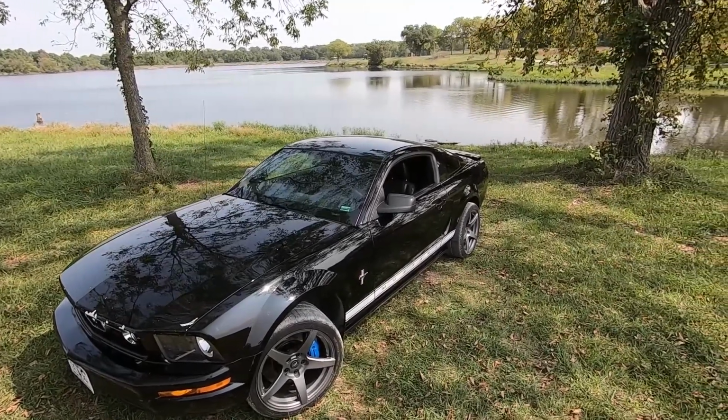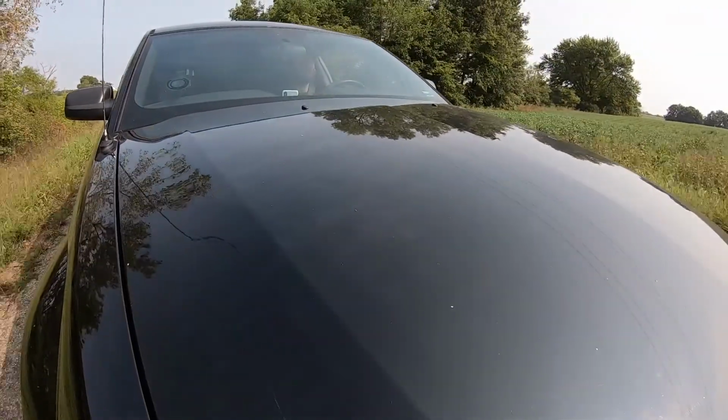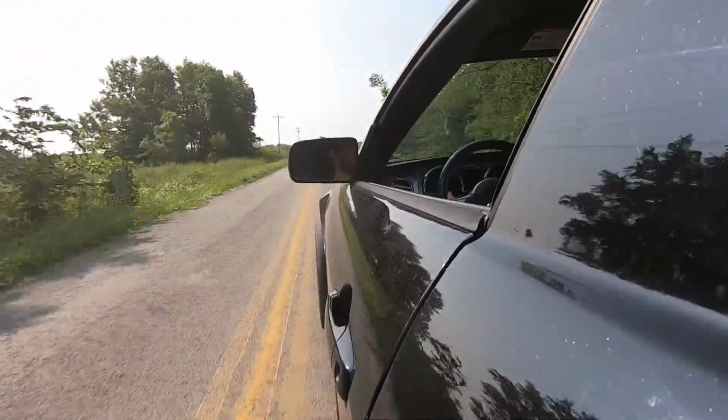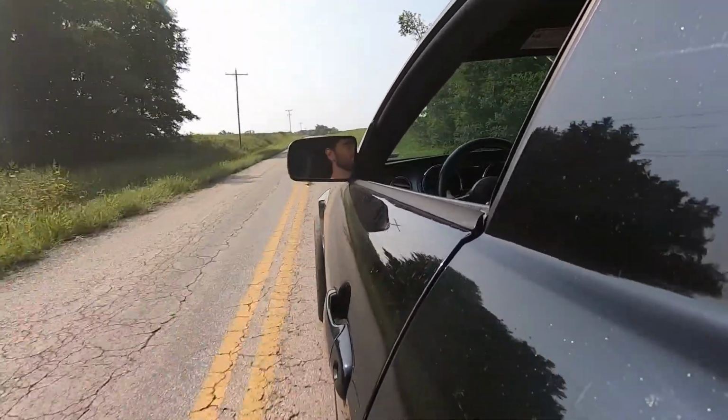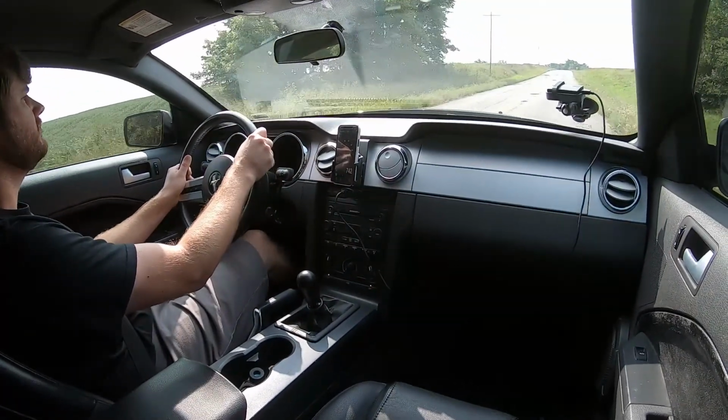On another note, I did some brake testing for you guys. Before I put the Brembos on, I actually put on the new wheels, and I went out and did some stops and measured them. So I did 3 stops, and I have all that information for you here. So on the stock brakes with the 315s,